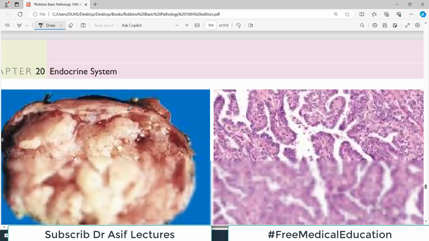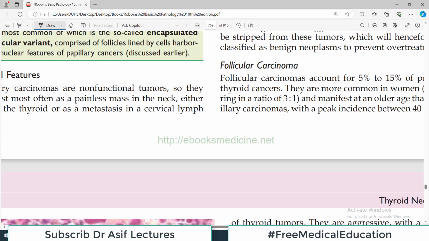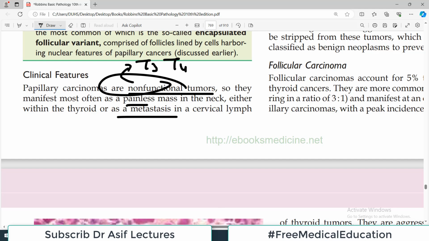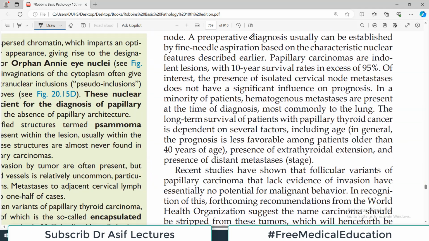Okay? What else do we need to know about papillary cancers? Some clinical features. Papillary carcinomas are non-functional, so they are not going to release T3, T4 to a great extent. Okay, so they manifest most often as a painless mass in the neck without any hyper or hypothyroidism, because these are usually non-functional. Okay, there may also be metastasis, so cervical lymph nodes or other lymph nodes may be enlarged. A pre-operative diagnosis usually can be established by FNAC, fine needle aspiration cytology, based on the characteristic nuclear features described earlier. अभी मैं इस बॉक्स में कुछ स्पेशल orphan annie nucleus वगैरह बताता हूँ आपको कि